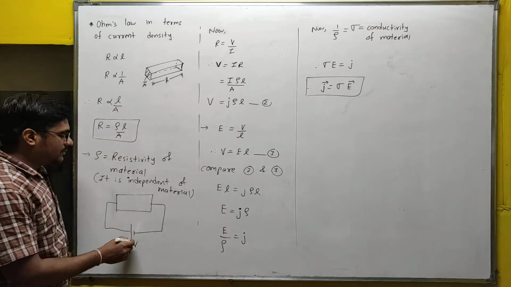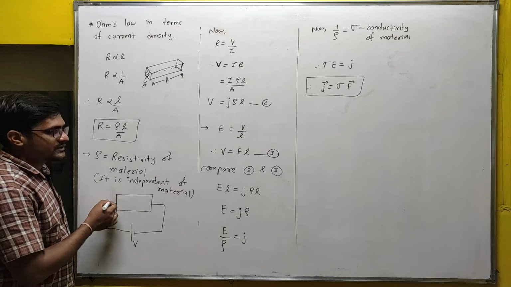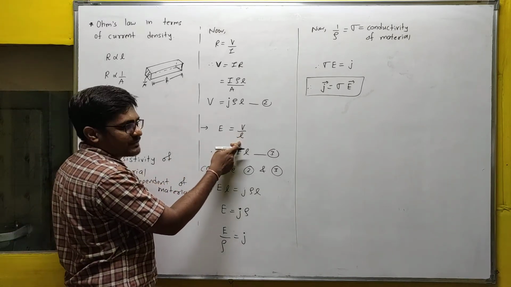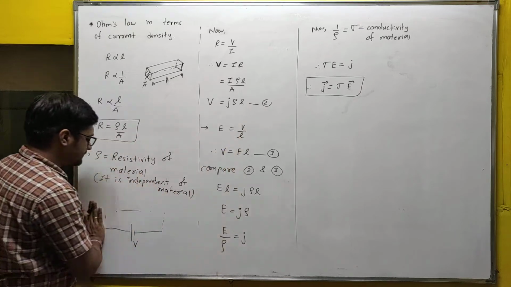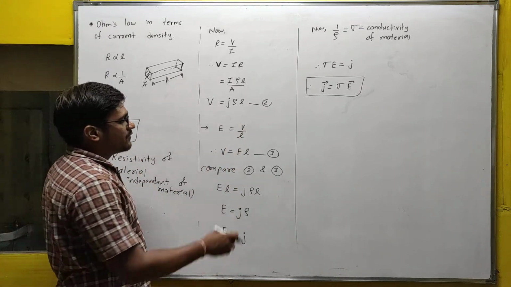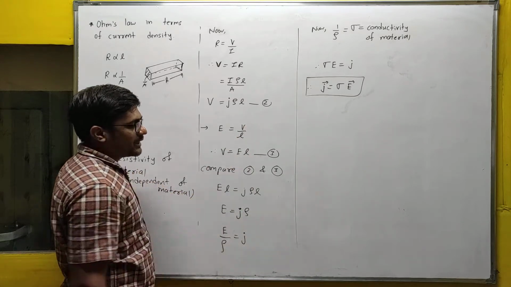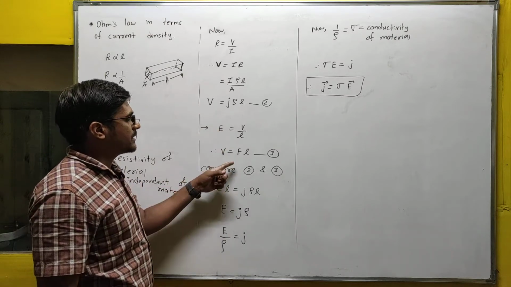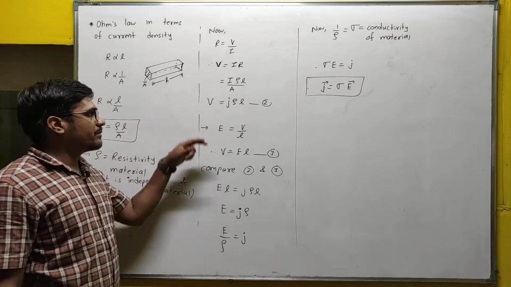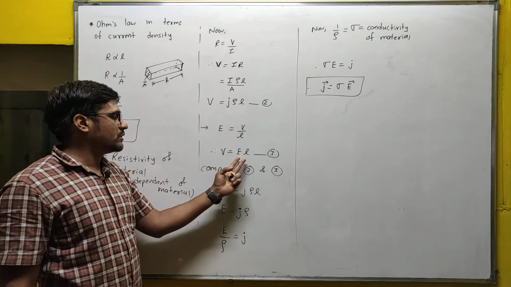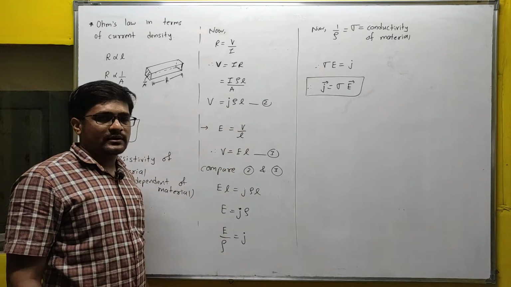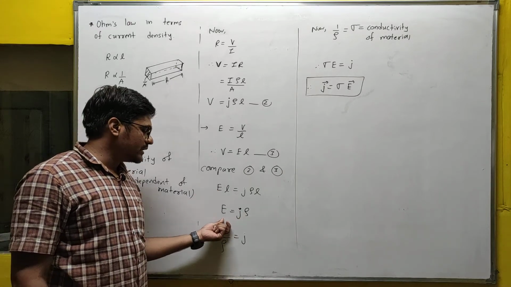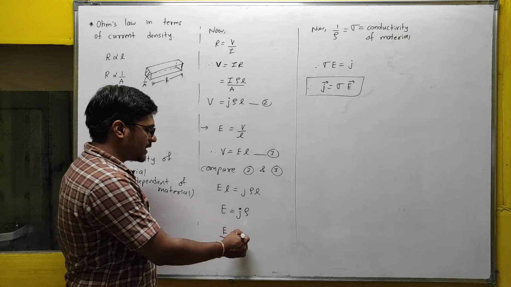Now, if you apply the potential difference V here, then an electric field will be generated. Then what is the electric field? Potential difference per unit displacement. So E is equal to V by L. From that, potential difference V is equal to E into L. Both formulas are for potential difference, so you can compare these two formulas, 2 and 3. If you compare, rho J L is equal to E into L. This L and L get cancelled, and E remains. Now take this rho to the left side, so it becomes J is equal to E by rho.